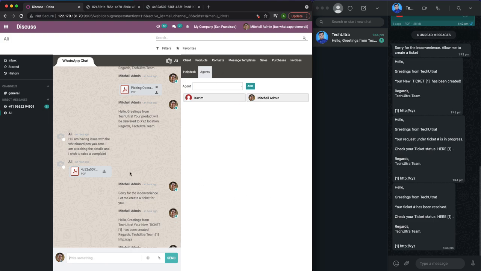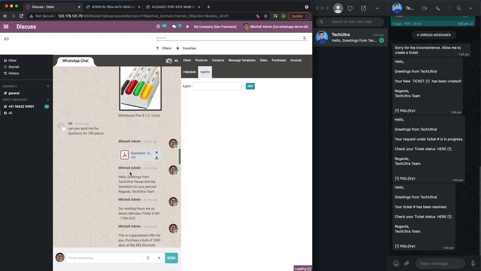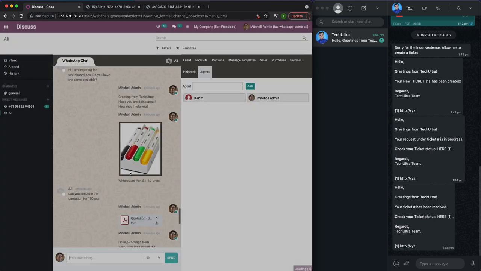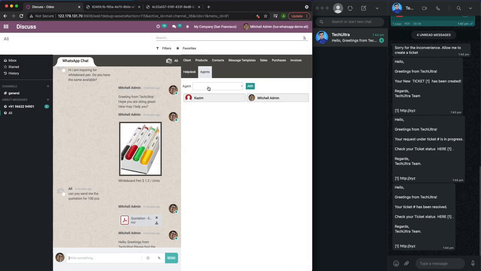The sales manager will also be able to see all the chat between the sales executive and the customer, so he can interfere if there is a requirement for the sales manager to be in the chat. So with this feature, multiple agents can communicate with the customer if needed.